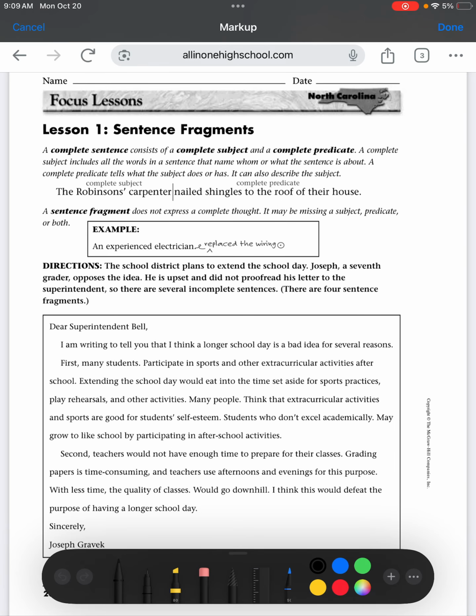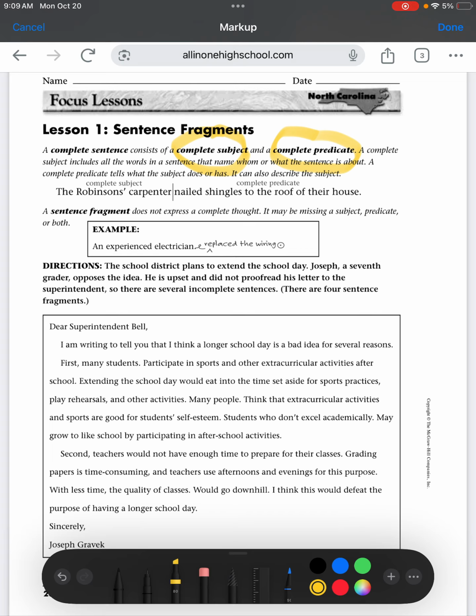Hello everyone, we've been working with sentence fragment revision, and so I want to take a look at an example here of a paragraph that you might write that you then need to go back and read and make those revisions to. Just a reminder that a complete sentence has a complete subject and a complete predicate in it. That is what qualifies proper sentence structure.